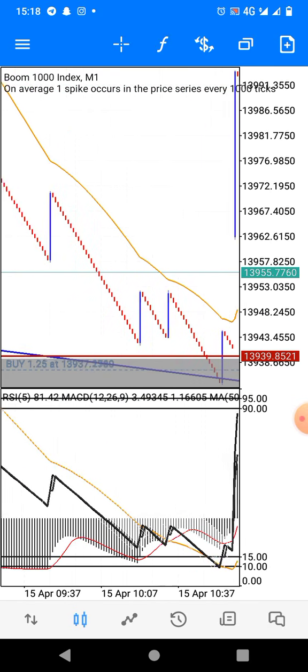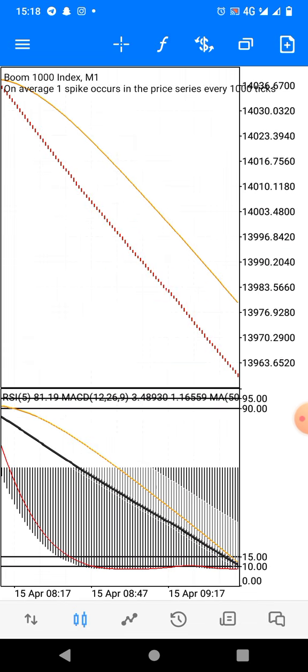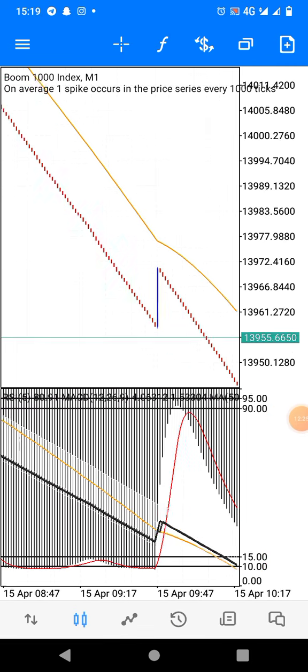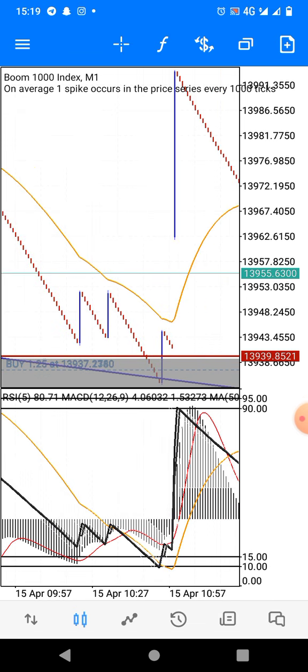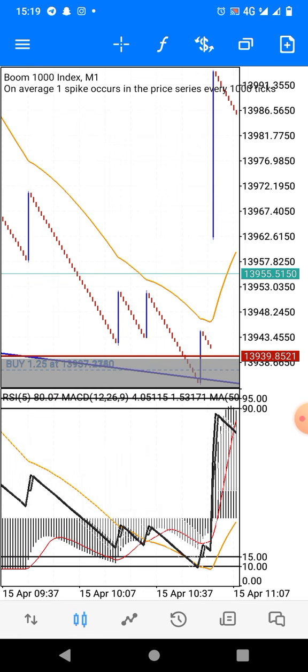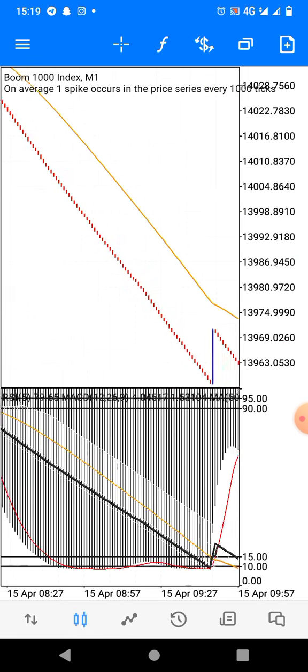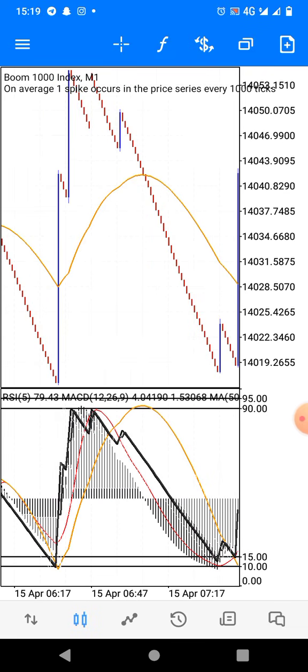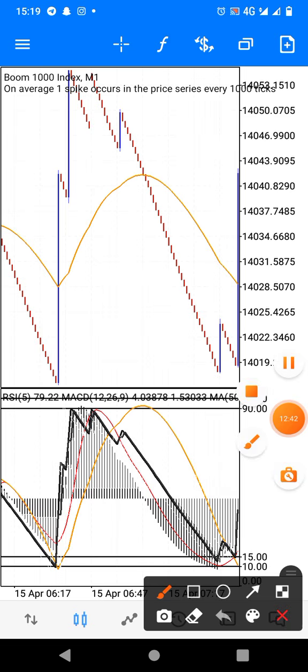Here again, same thing, same principles, guys. You have this wonderful setup. It spiked, but not too much, and later on it spiked still yet. You don't expect not to be in a drawdown, because being in a drawdown is part of trading. The fact that you're in a drawdown does not mean you have lost. Some people are so scared that they don't want to see even a dollar in red, so they just run out of the market, guys.